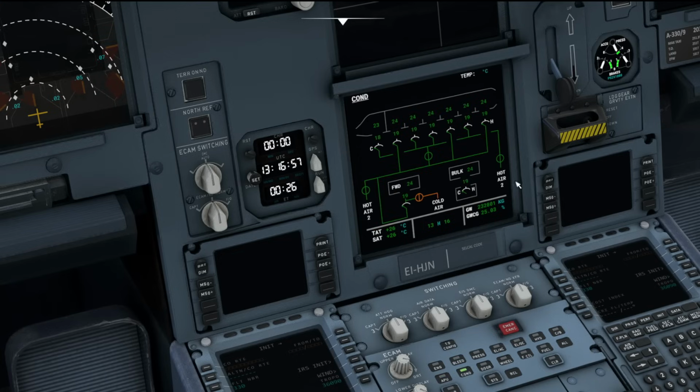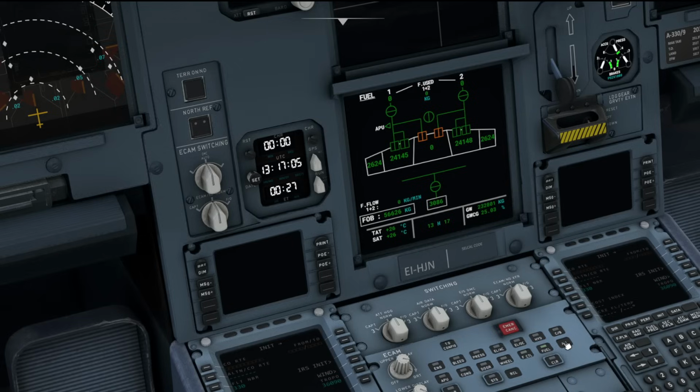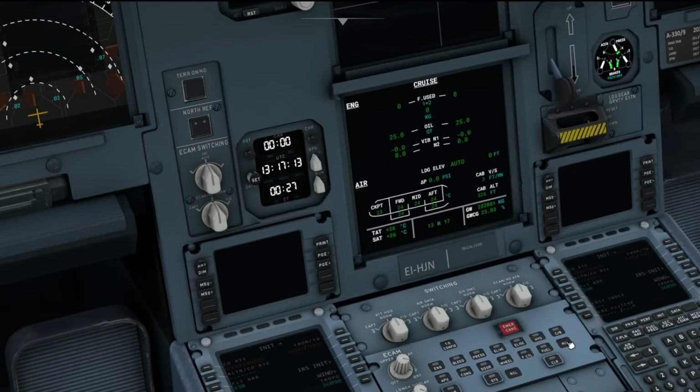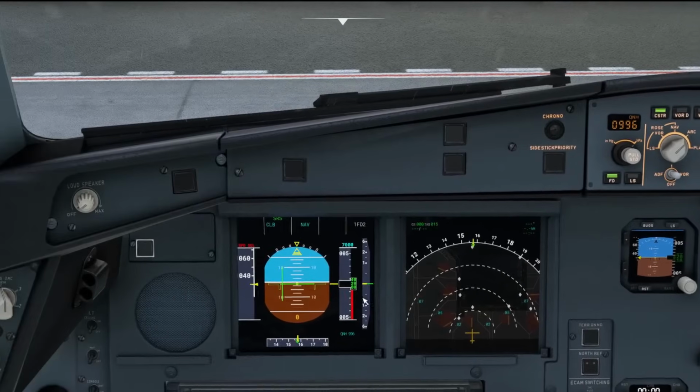You can see the different compartments there with regard to the temperatures in the back, all the doors, all the different wheels, etc. Usual flight control page and the fuel page as well. System status. Being able to cycle through those as well using the all button is realistic too. Coming up then to the